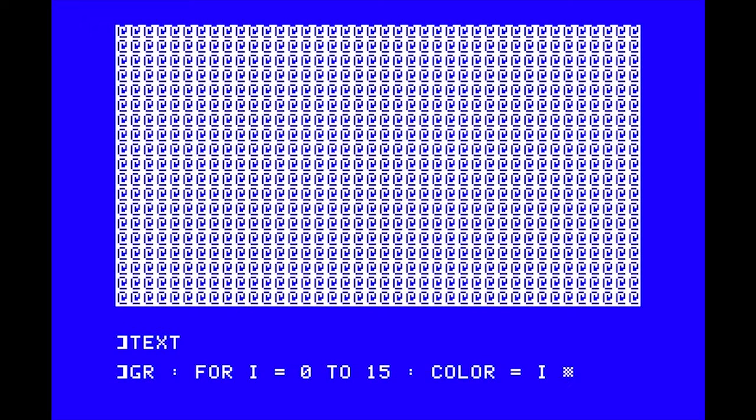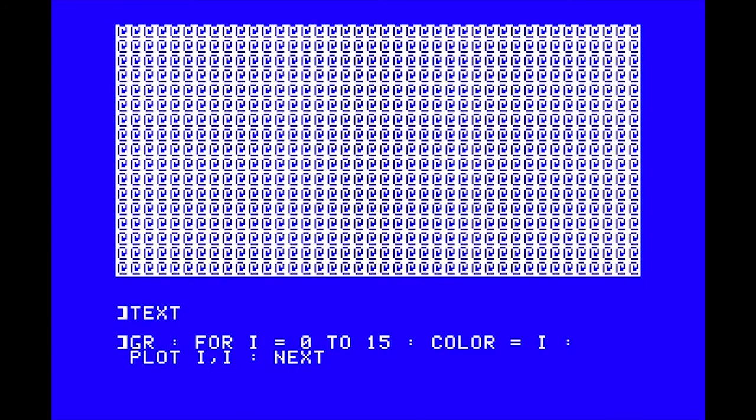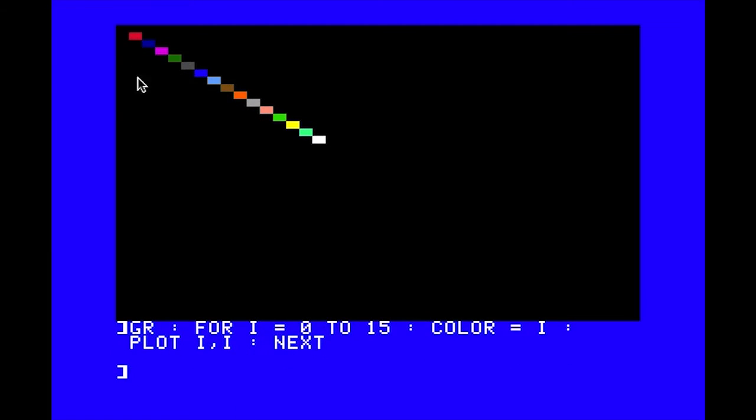And we'll set the color to the current iteration of the loop there, and then we'll just plot it at its relative locations. So color 1 will go at 1, 1, and so on, and loop through to the end. So you can see there we have our black up in the top left, and red, which is 1, dark blue is 2, purple or violet 3, so on up to F. I'll just do one more just for fun